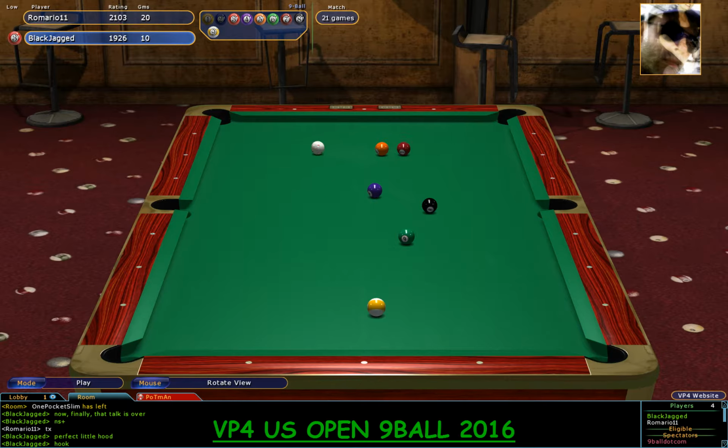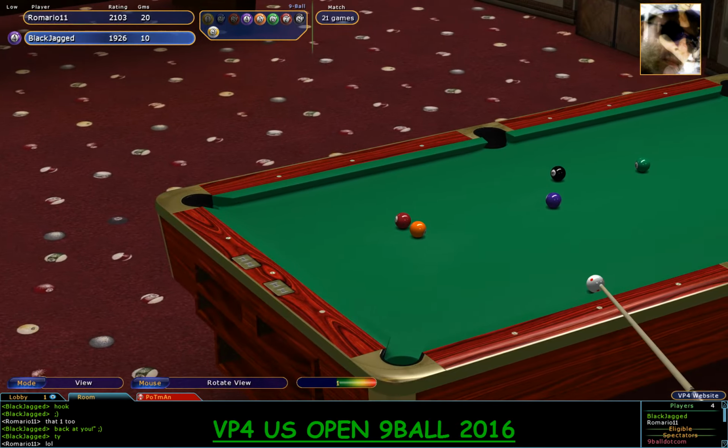That was a well played shot. Little Massey shot round the four. Kicks the three in. Beautiful little shot. Now can he draw back onto that five? Let's have a look. He's a bit close to the rail. No,